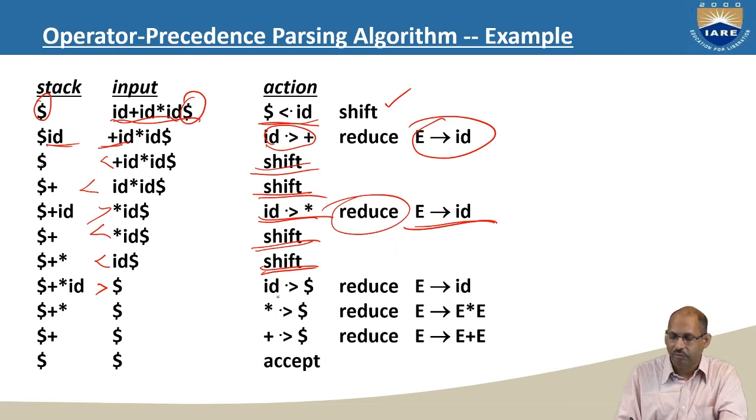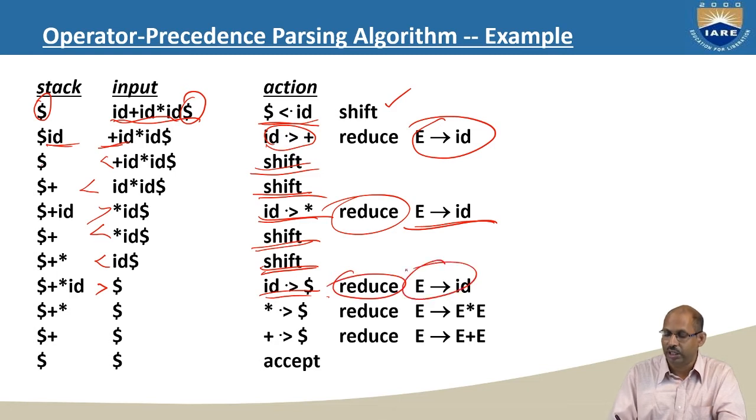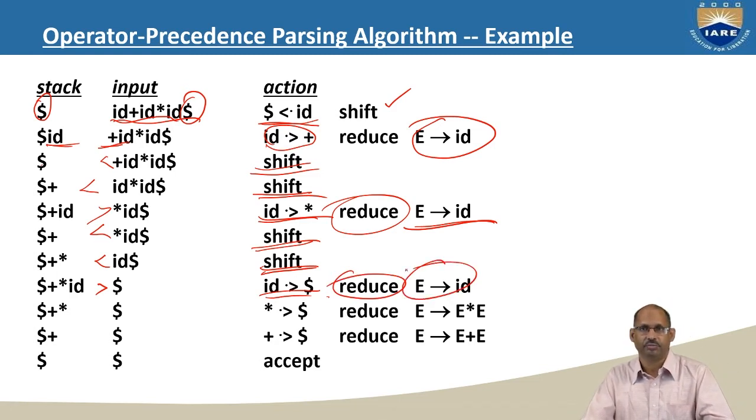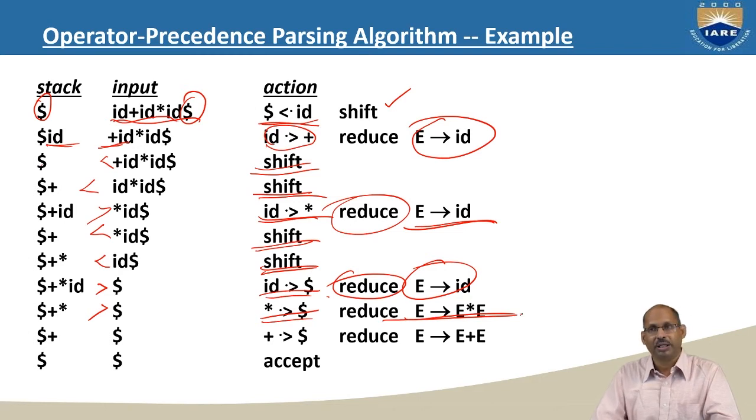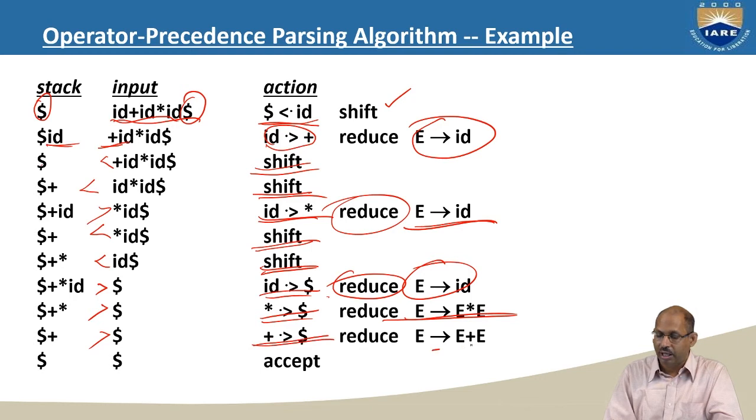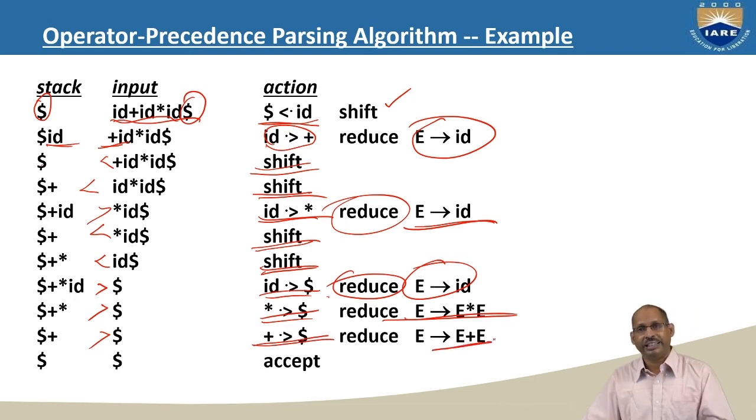Simply reduce will be performed for ID. Now multiplication, dollar. Multiplication has higher precedence, right? Perform the multiplication operation. Then addition has higher precedence than dollar sign. So simply perform the addition operation. Since the input is empty with dollar sign and the stack is empty with dollar sign, the string is said to